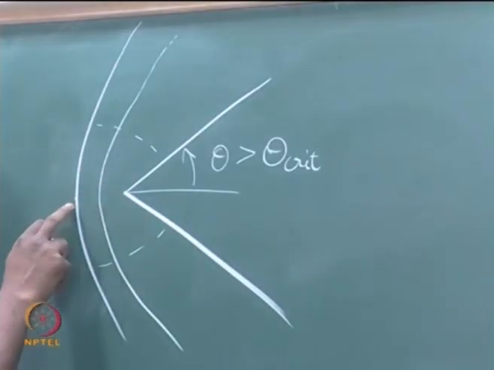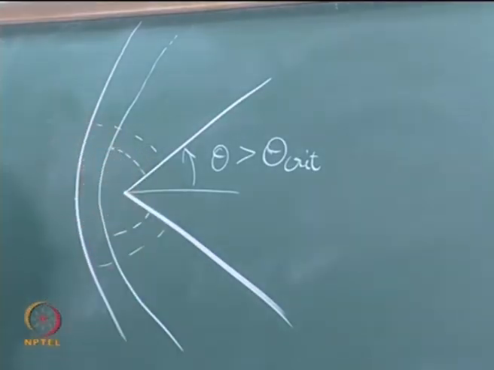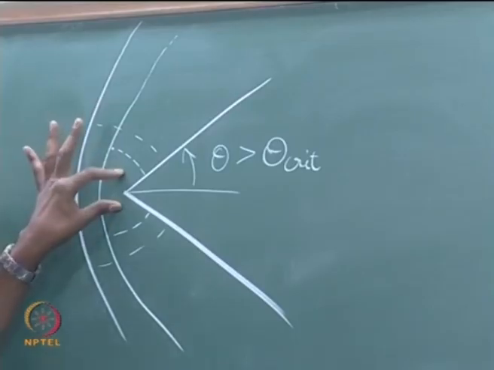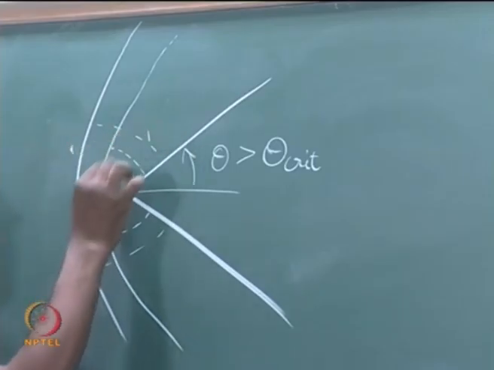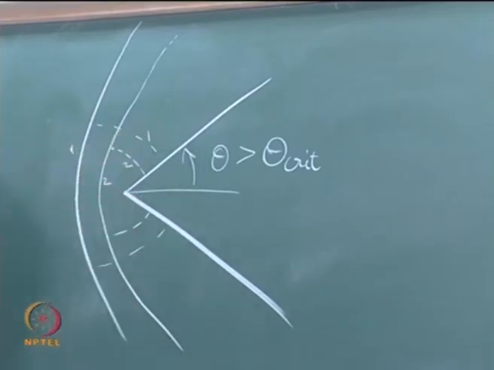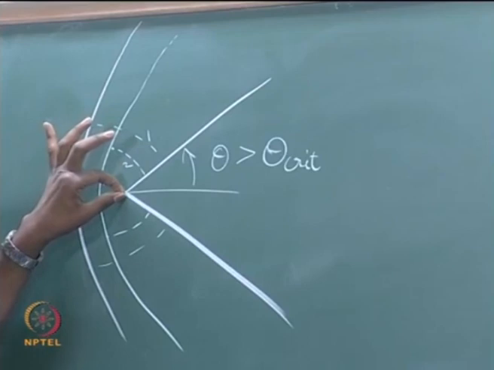If the shock has gone in closer, then the subsonic pocket would have decreased, it will be even lesser, and the remaining portion will be all supersonic. That will also happen. Let us just mark this as 1, 1 and 2, 2. This is more like what it will be. And eventually it will go to a point where the subsonic pocket goes to a point, and then